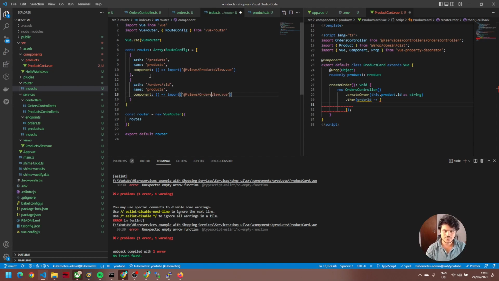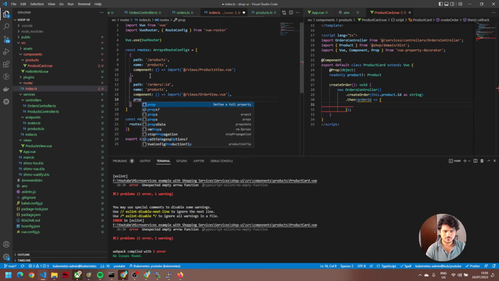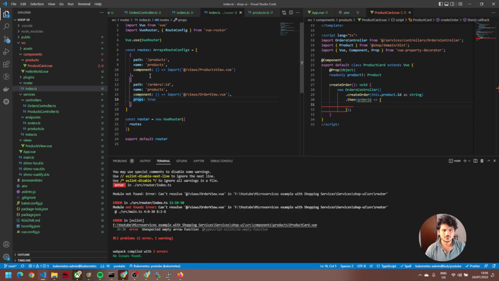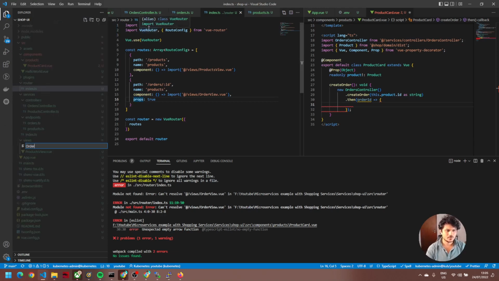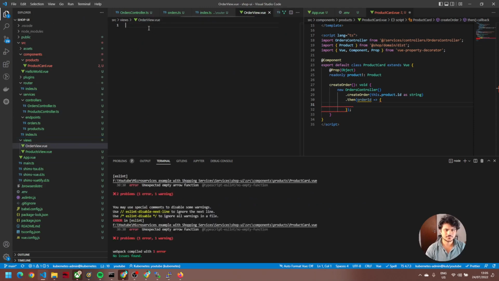Actually not OrdersView, it is OrderView. And the name, so there is, I think, map props true. This means convert the parameters to props. So let's create a new view, new OrderView, and then